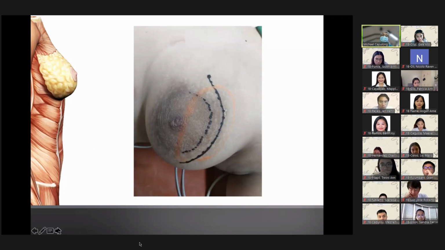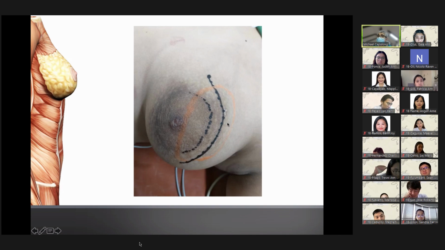Okay, so this is the outline of the female breast. At the center of the breast is the nipple, and you have a pigmented area around the nipple, which is your areola. So this is the areola of the breast. The breast will differ in size. So it will depend upon